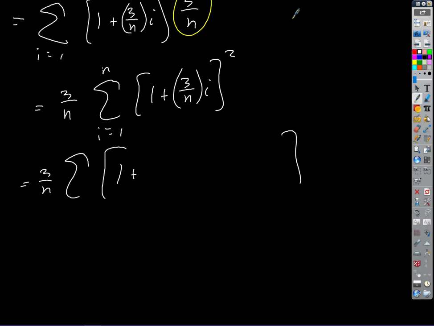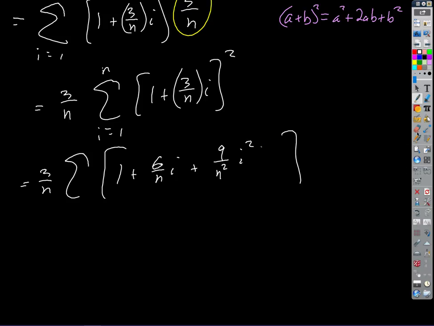That's just our binomial expansion, right? a plus b squared is just a squared plus 2ab plus b squared, right? So this is like a and that's like b. So I get a squared plus 2 times 1 times 3 over n i, right? So 6 over n i plus b squared. What's that? What happens if I square that term? 9 over n squared